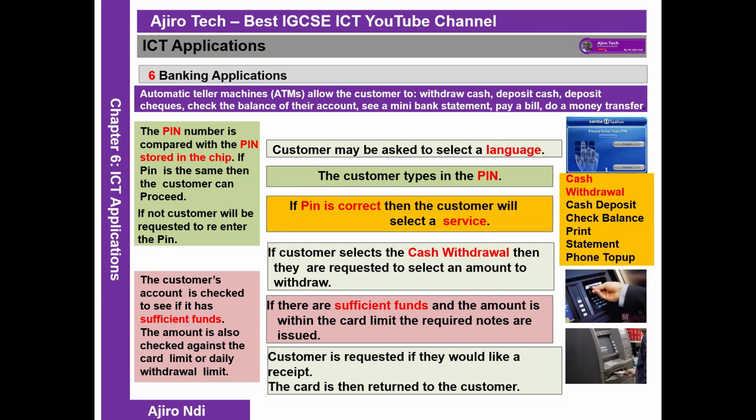So what are the processes in using an ATM? I'm not sure how many of you watching this or listening have made use of an ATM, but it's a very simple process. The first thing you have to do is slot in your ATM card or your chip and pin into what? The ATM. And then you type in your pin. Once you type in your pin, the pin is checked behind the scene. The pin is checked to see if it's correct. The card is also checked to see if it's stolen.